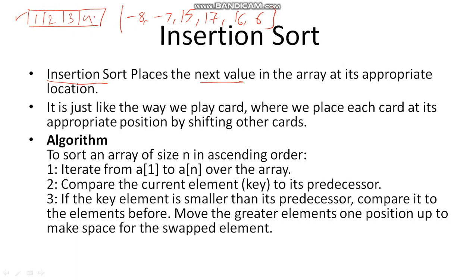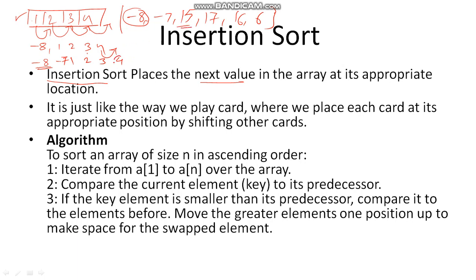Whatever element it gets, it goes on putting it into the sorted portion only, and it reads the next value, minus 8. It checks where it can be put. So it needs to be put at the first position. In that case, it moves all the elements to the next locations, and it will put minus 8 over here, then 1, 2, 3, 4. Next element is minus 7. So it will move these to the next location. So 4 will come here, 3 will come here, 2 will come here, 1 will come here, minus 7 will come here and minus 8 will remain as it is over here, because minus 8 is now the smallest one. Next element is 15.